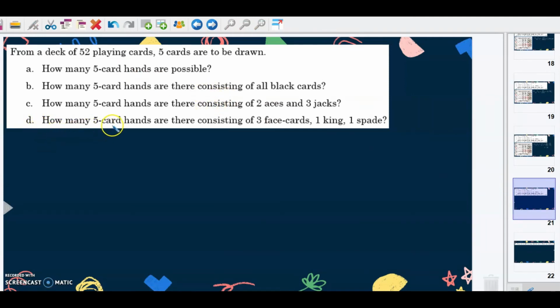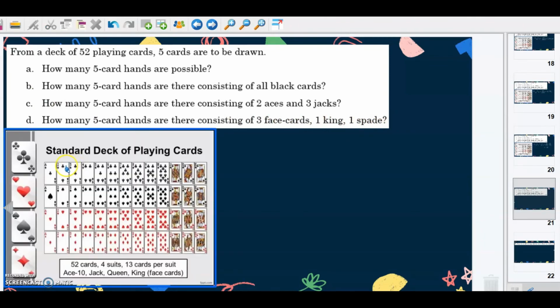How many 5-card hands are there consisting of 3 face cards, 1 king, and 1 spade? Okay, so again, the standard deck of 52 playing cards has what we call the face cards, the jack, queen, and king, and each suit has 3 face cards. So all in all, we have 12 face cards. So for letter D, we're just going to choose 3 face cards from these 12 face cards. So we now have the combination of 12 taken 3. We're going to multiply this to